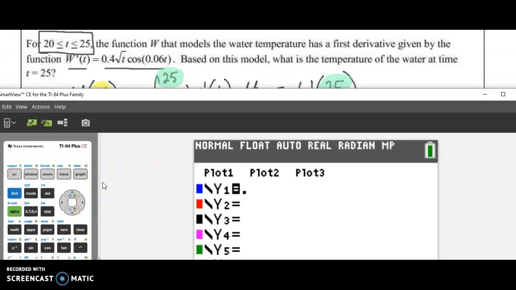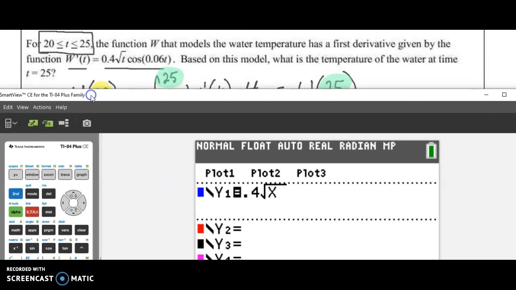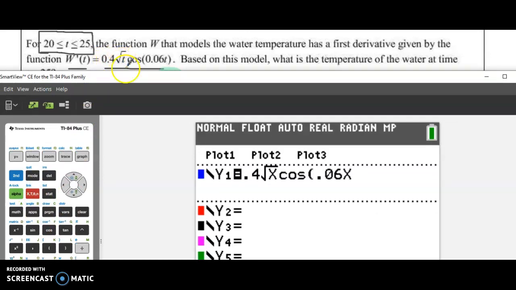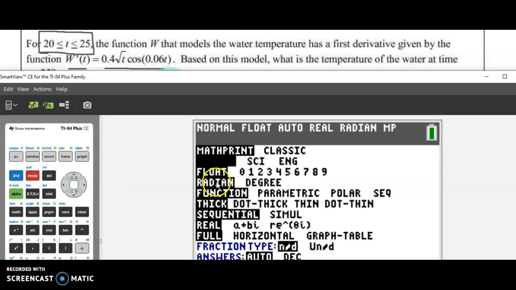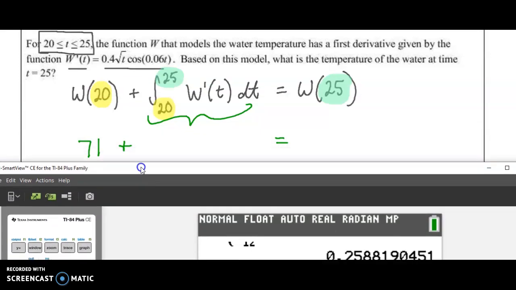Type in 0.4 square root of x, cosine of 0.06 x. You might want to double check that you typed it correctly: 0.4 square root of x cosine 0.06 x. And you might want to double check that you're in the right mode. We need to be in radians. So as I go back to my problem,